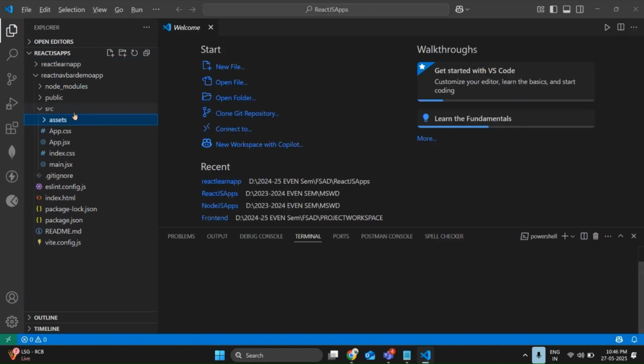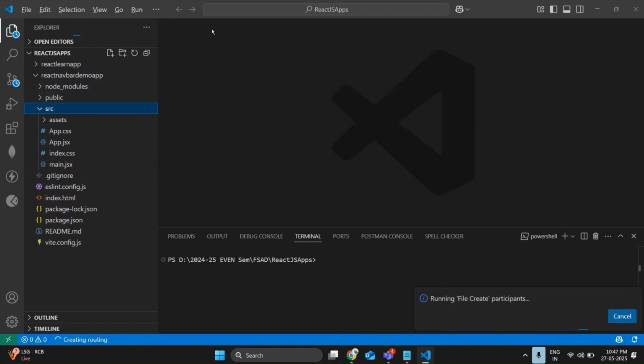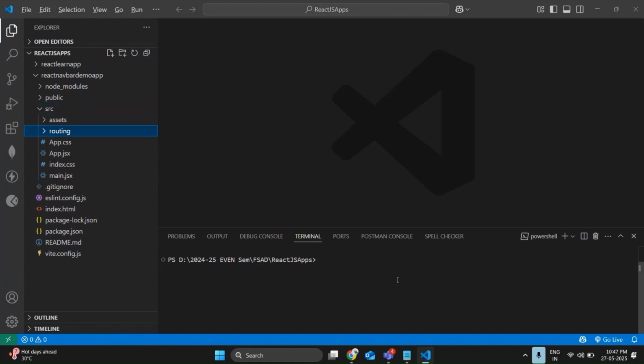Done. Under src, let me try to create one new folder, src routing. Why is it taking so much time to create? So created. Let me create one new file,